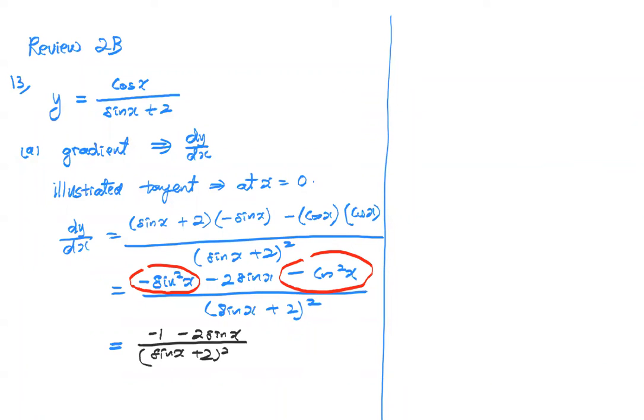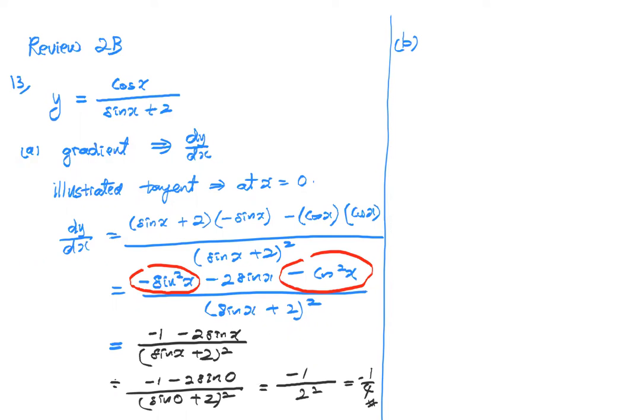So I substitute in x equal to 0, negative 1 minus 2 sin 0 divided by sin 0 plus 2. So this will be negative 1 over 2 squared, which is negative 1 over 4. Done with part A. Okay, to do part B,